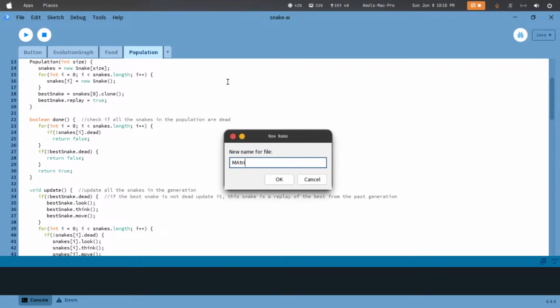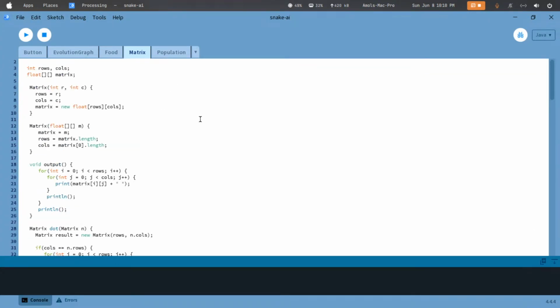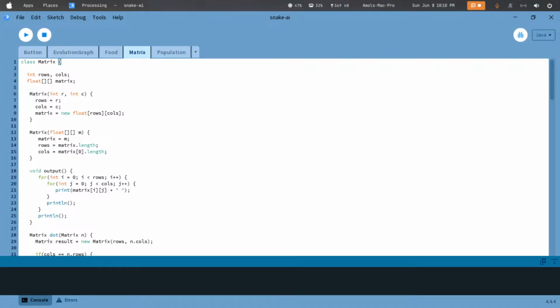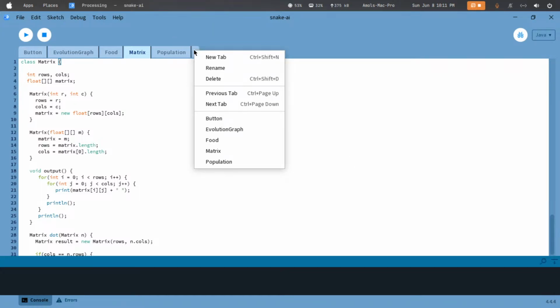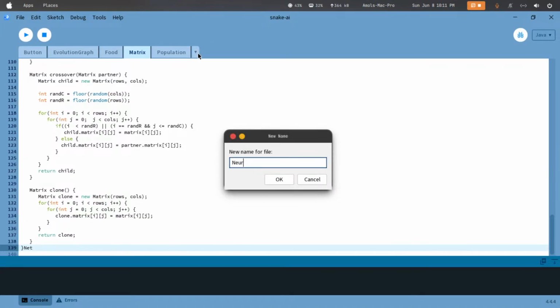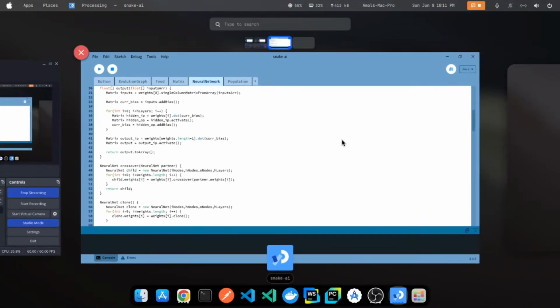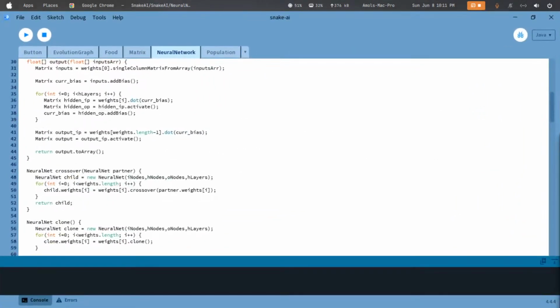We will do for matrix also. So matrix.pde, instead of writing and wasting time, we can just take the code from our database. Neural network, which is a very complex thing to write. Neural network.pde, and after that